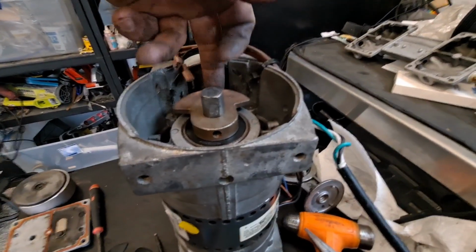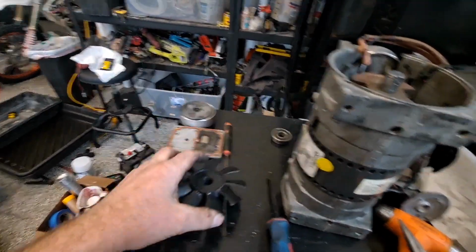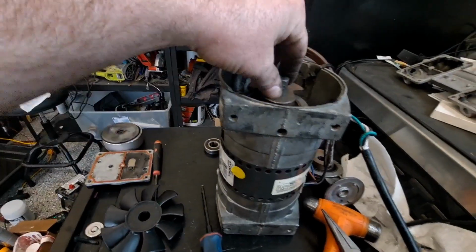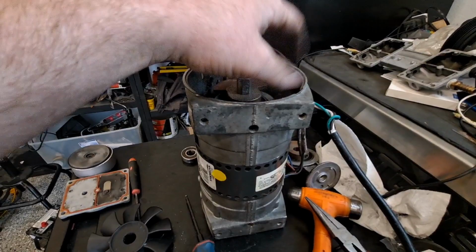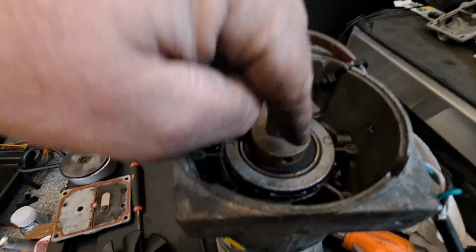it cracked. But if I was able to just barely sneak a little hook pick in here and grab down here where it's a little bit stronger and just tweak it a little bit and spin the shaft and spin the fan, I was able to carefully work it off. So that would be your first step. Pull this cover, which mine was missing, pull the fan,